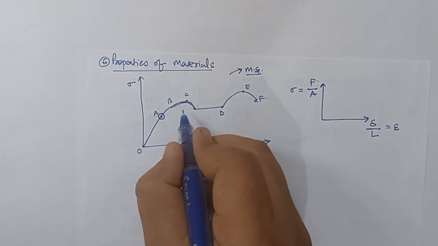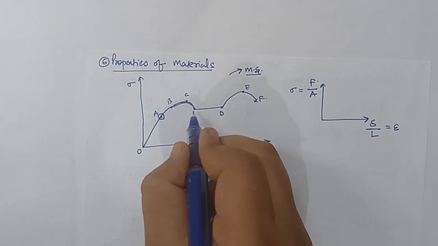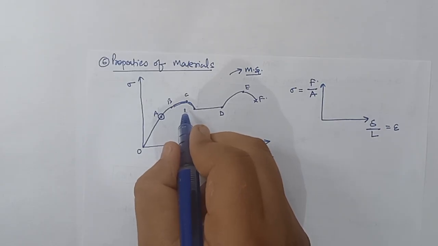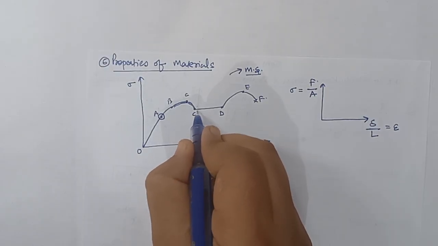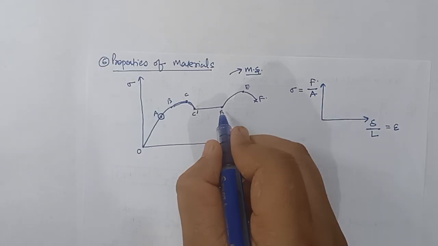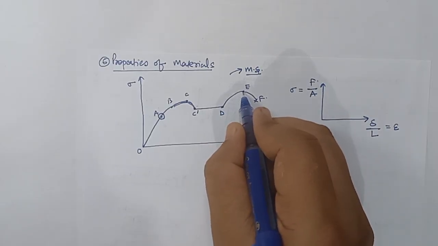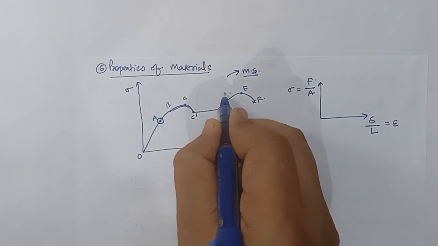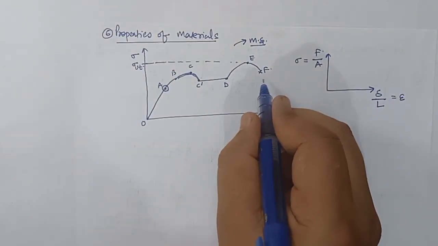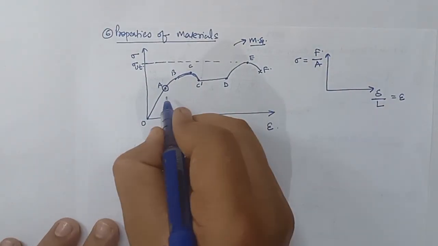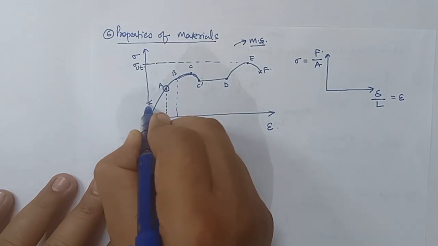And after B, this section is different for different materials. Generally this section is very small. For mild steel I am drawing a little bit wider graph, but it is not such. It is a very thin graph here, right? It will appear as a point. So this is called the upper yield point, and this is the lower yield point, C dash. And after that, this is called the yielding region. The material yields here, and after this we have strain hardening. At this point we have sigma ut, the ultimate stress, and then F is called the fracture region, right? So till here, B point, it is elastic.